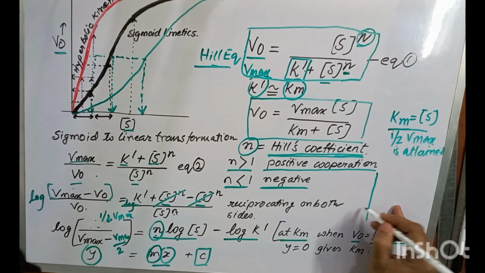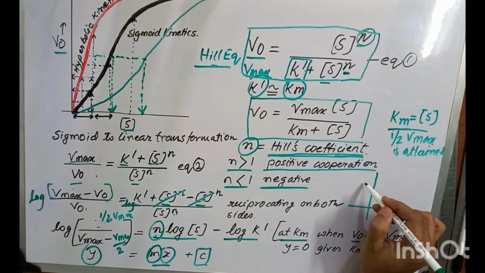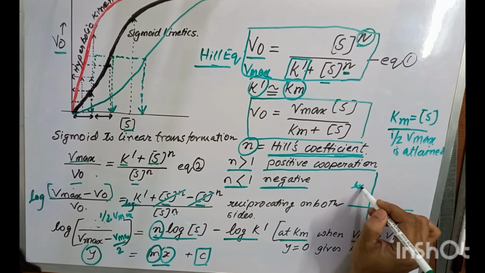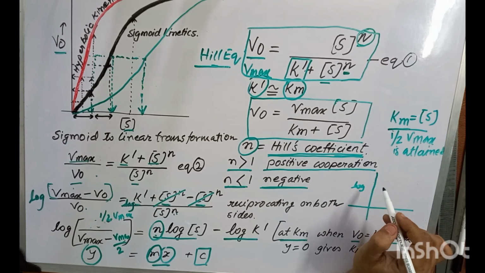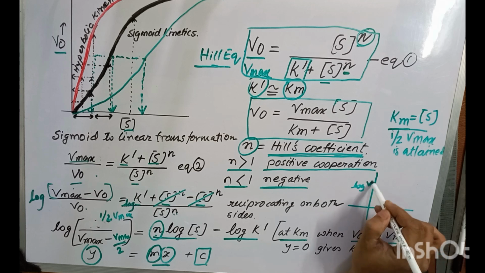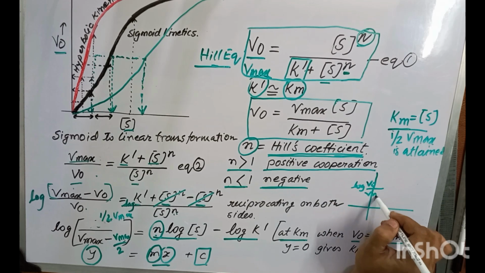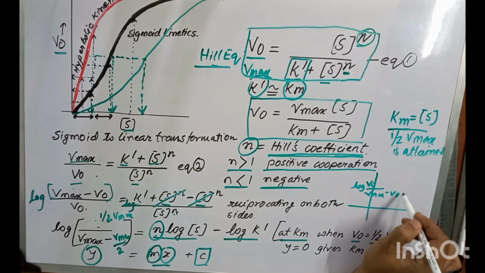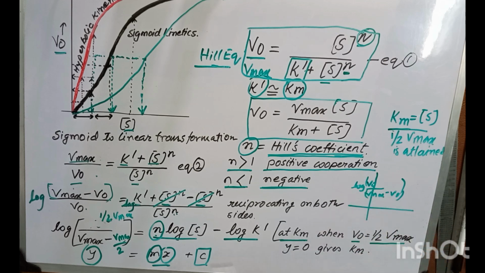If we plot log of V0 by Vmax minus V0 as the y-axis, and log s is the x-axis,